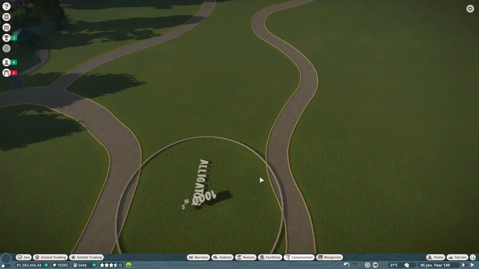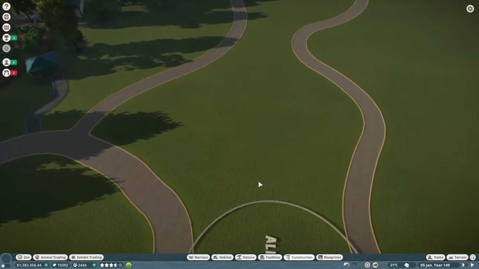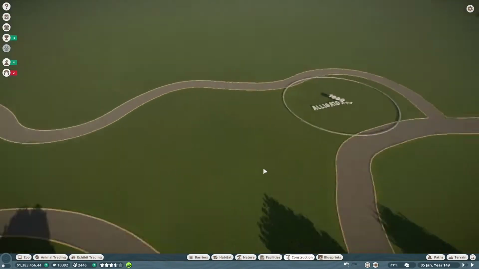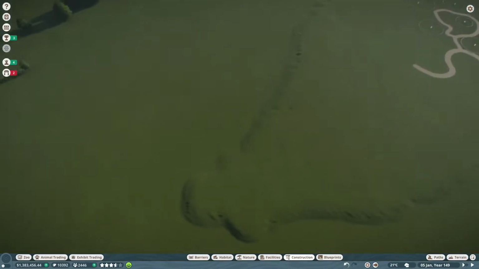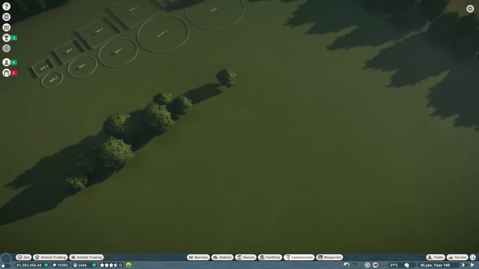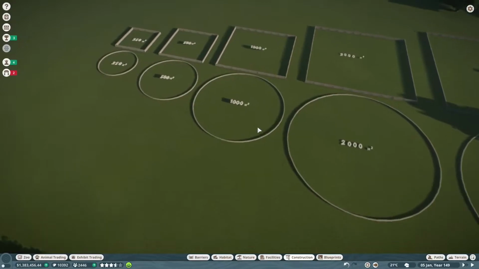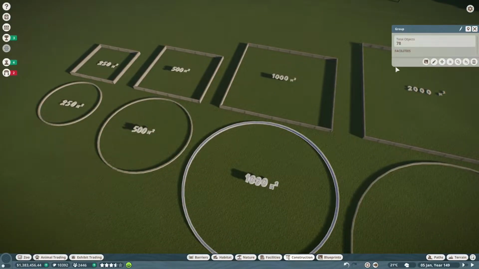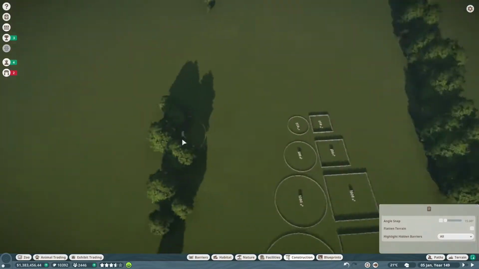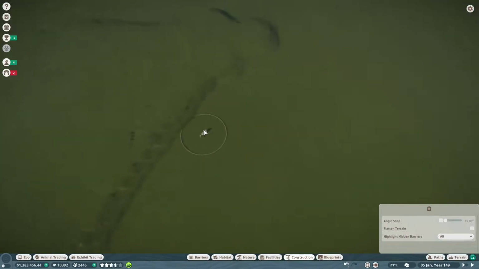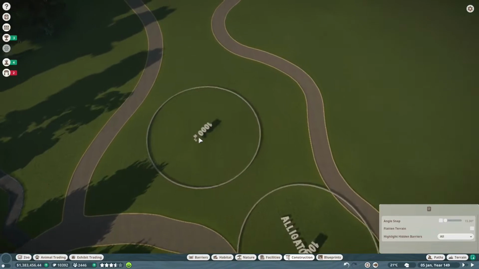We have our alligators. Let's also have the water buffalo up front here. They should be a not too spooky animal. They should be able to tolerate guests walking past them. Not sure what their size requirements are going to be, so I'm just going to go with 1,000 because that's pretty reasonable for just about anything